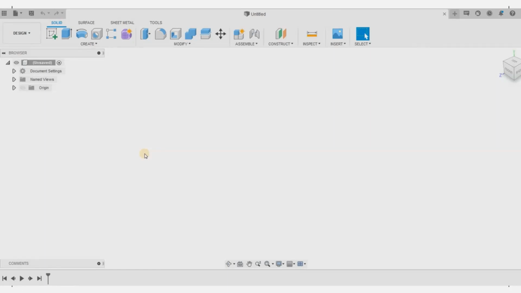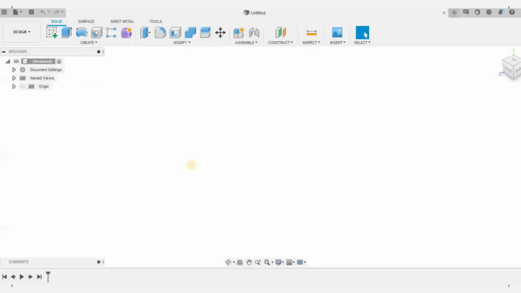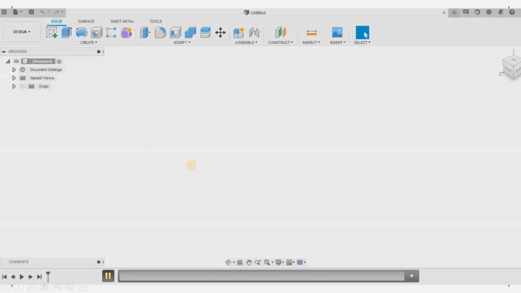All these files you can access from anywhere. Like right now you're doing your work at college. After you go home, when you open your Fusion 360 account, your files will be available there also. So that is the advantage. You can work from anywhere. Okay. So next, let us see how to start designing.